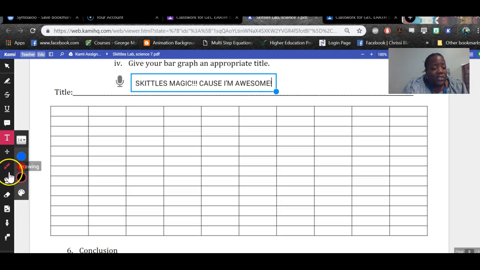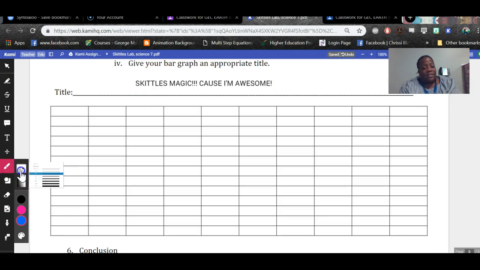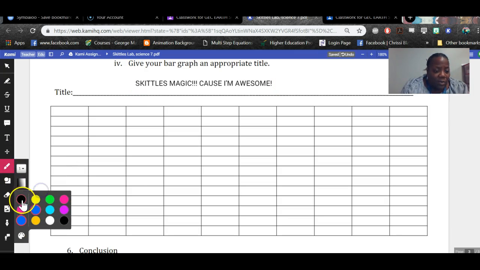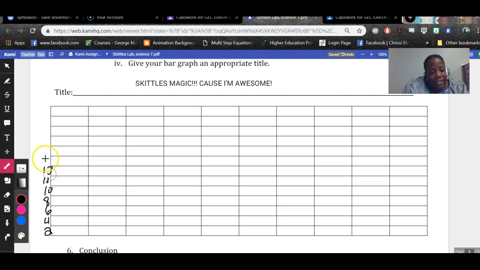And typically I tell students that they should make this, okay? Let's see, let me do 1 point. There we go. They should make this go up by twos, okay? So this bar represents 2, 4, 6, 8, 10, 12, 13,